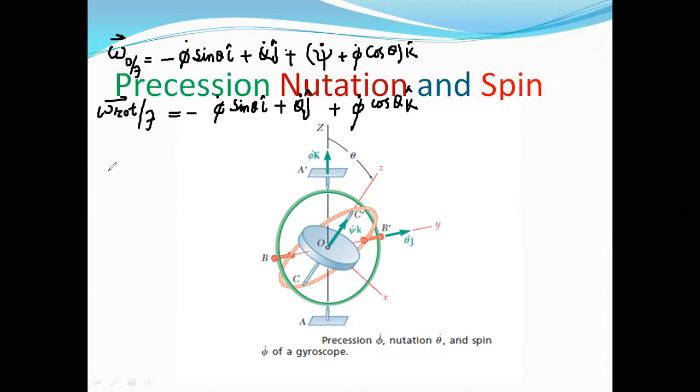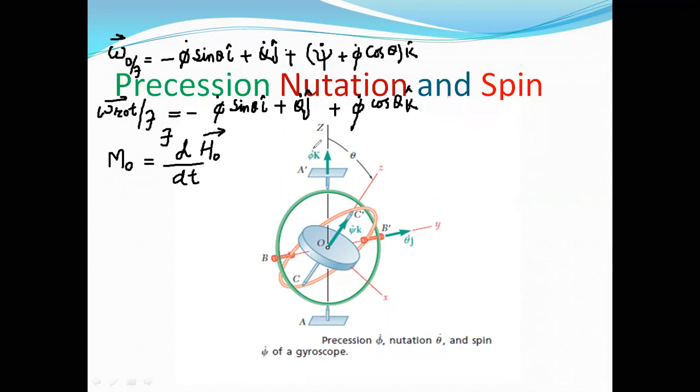Now we know from the property of derivatives that as far as the moment is concerned, the summation of all the moments about an axis passing through point O is equal to the rate of change of the angular momentum, that is d by dt of h naught with respect to the ground frame of reference. Fine. And the expression for h naught is,